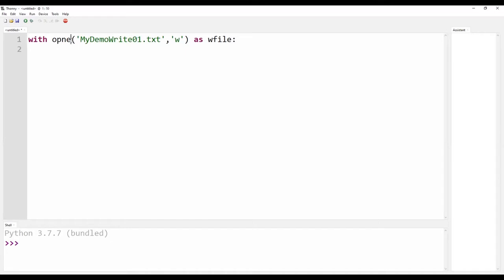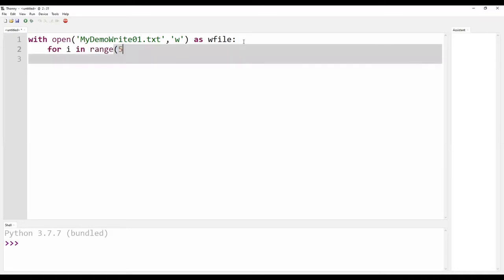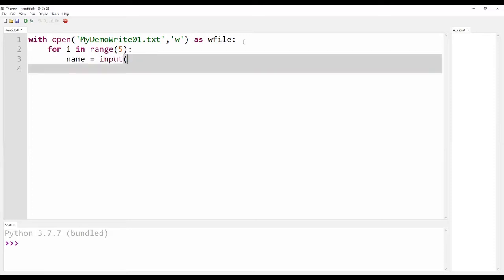For i in range, I am trying to accept 5 names of the students. So input, enter the student name.